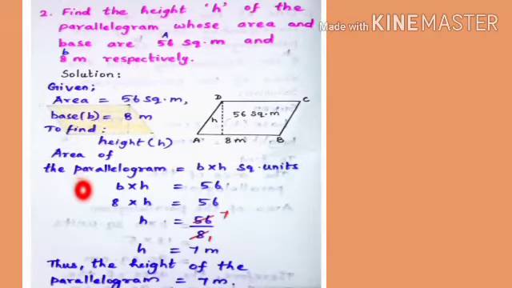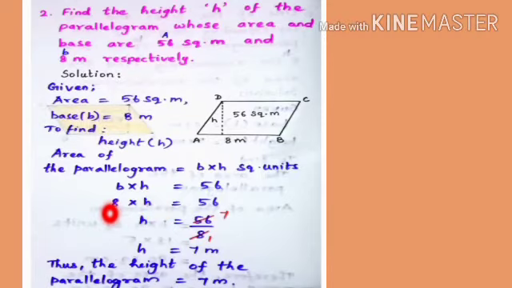And we know that area of the parallelogram is base into H, height square units. So which is given, that is 56 square meter. So B into H square meter. So we can equate 56 with B into H. That is B into H is equal to 56. Now, what is the value of B? It is 8 meter. So, 8 into H is equal to 56. Here, we need the value of H.